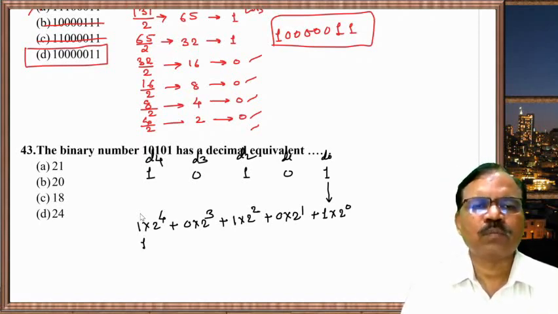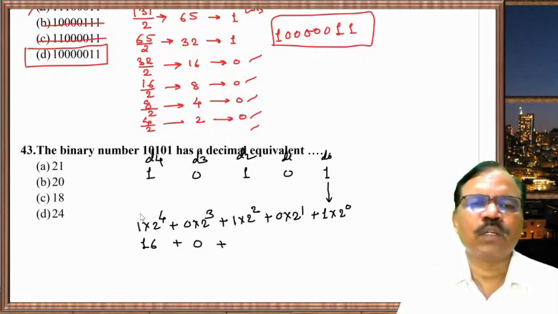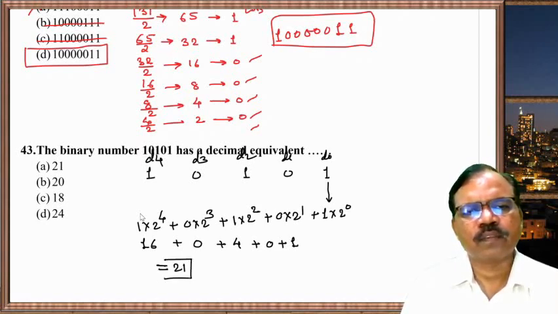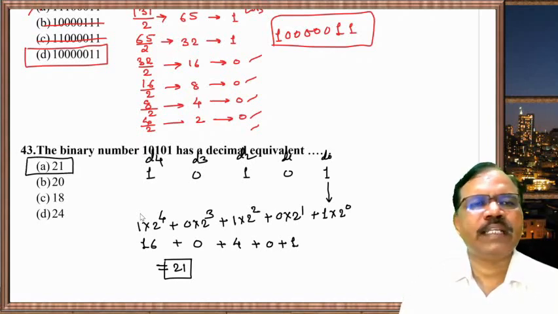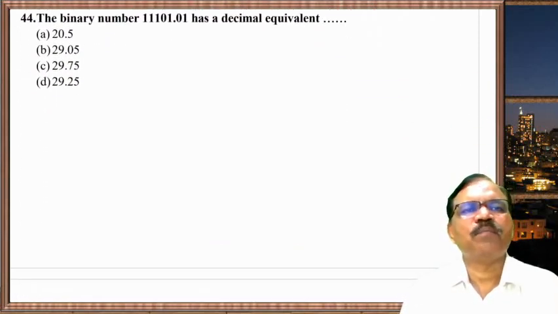Now 2 raised to 4 is 16, plus 2 raised to 3 is 8 into 0, so 0, plus 2 raised to 2, 4 into 1, that is 4, plus 0 into 2, 0, plus 1 into 2 raised to 0, that is 1. So if we take this as 16 plus 4 plus 1, it is 21. So it is 21. Now next one, the binary number